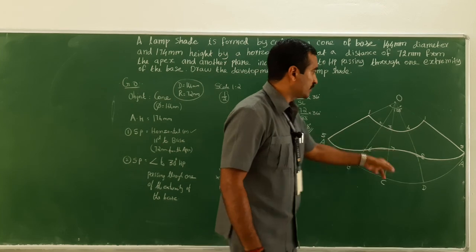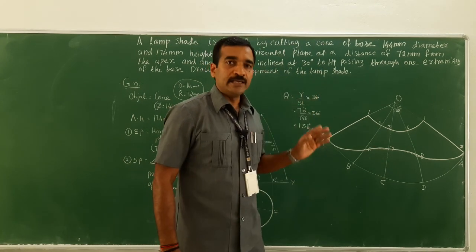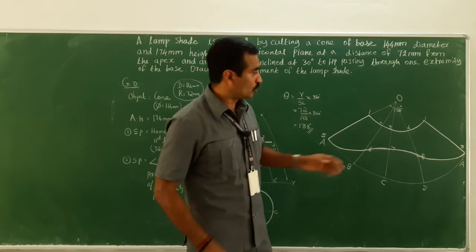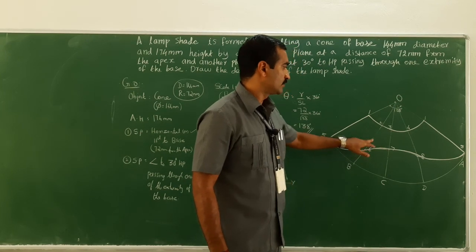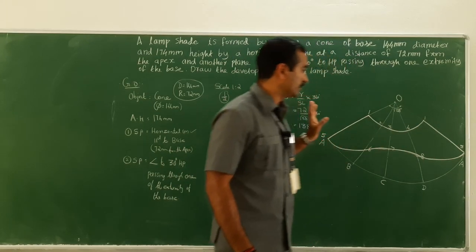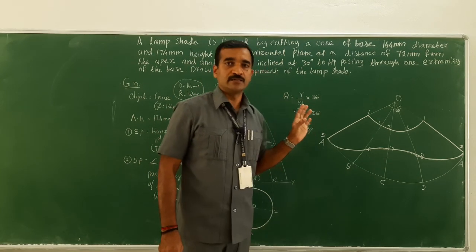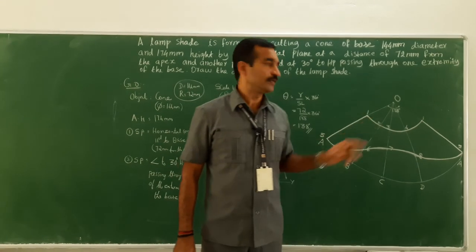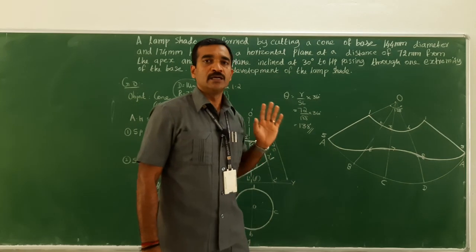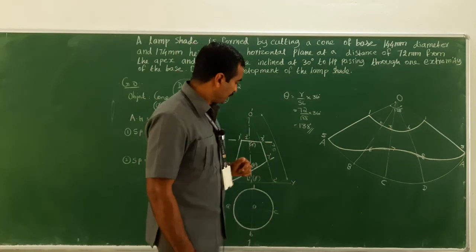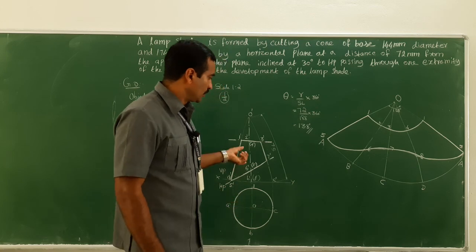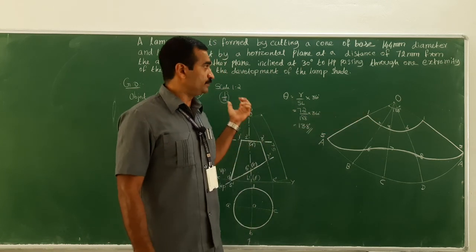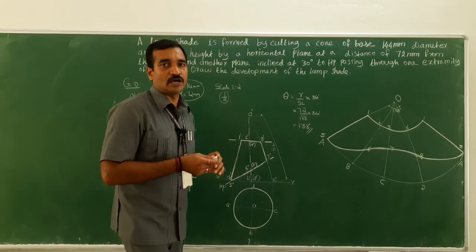So what about these lines? You should not put them because the cone doesn't have any corners or edges. It is full of generators, so there won't be any edges. Only the periphery alone will come here as far as the development of the cone is concerned. And for the cylinder also, you will not have any lines, only the outline, because it's a curved surface. With this I have finished the top view, the front view and the development of the lateral surfaces of the lampshade.